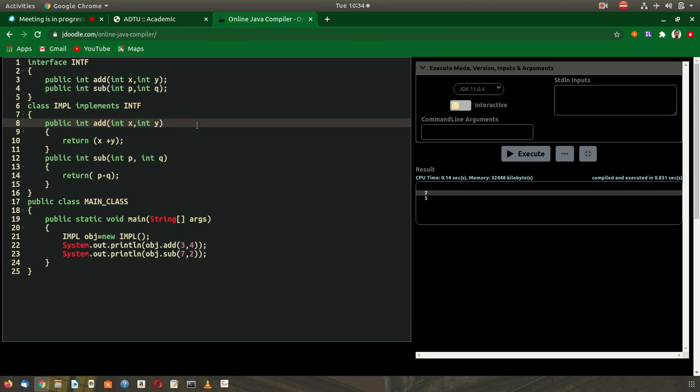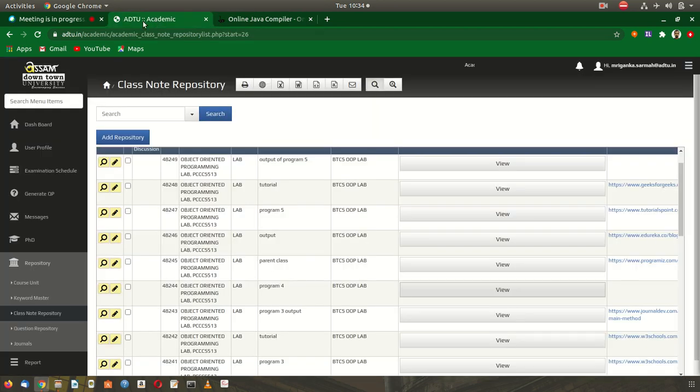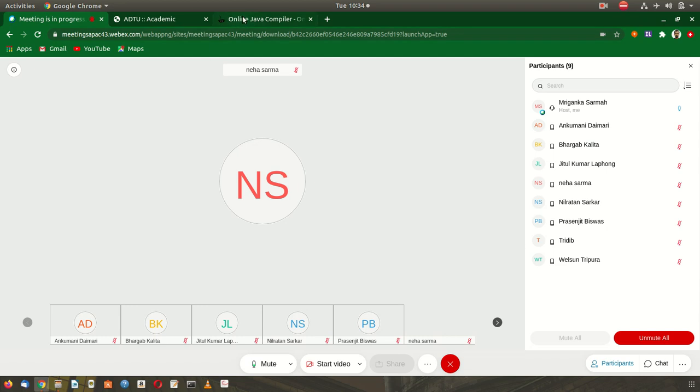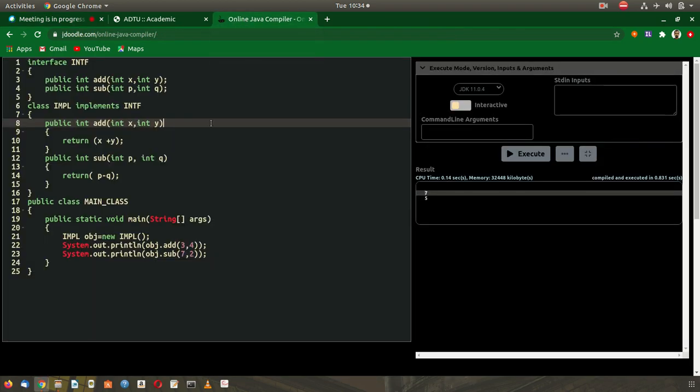So in this program that you can see here, we are using this interface with two functions, and they have to be implemented inside the class IMPL.